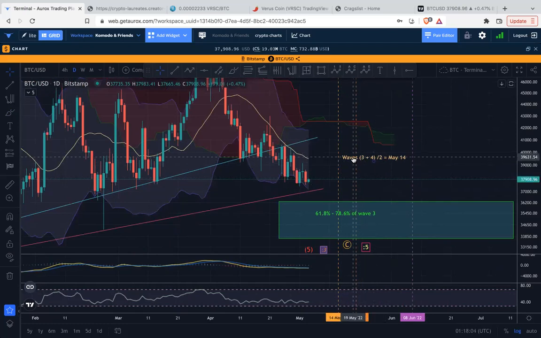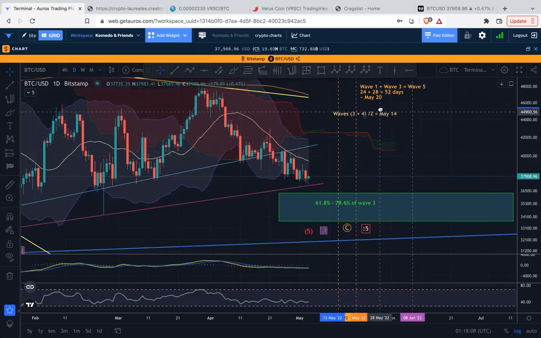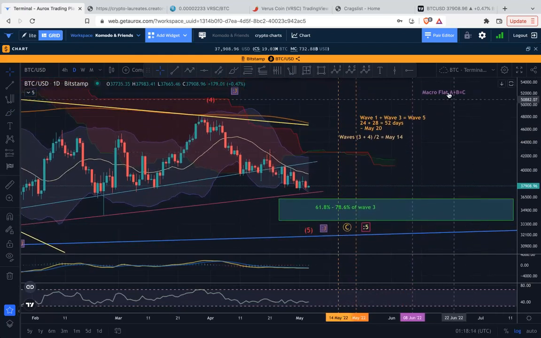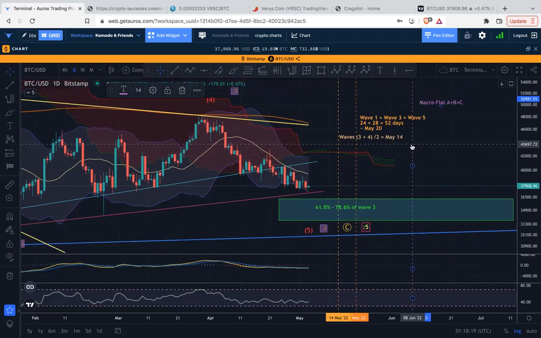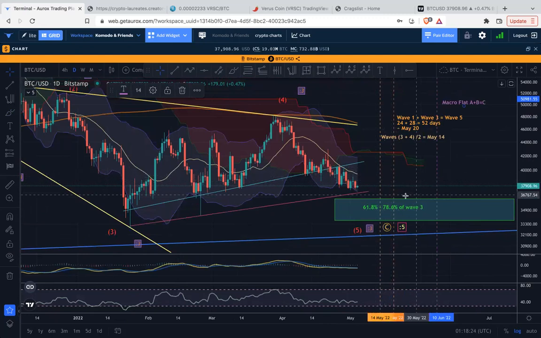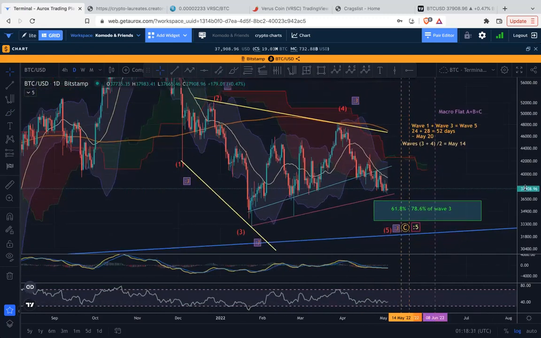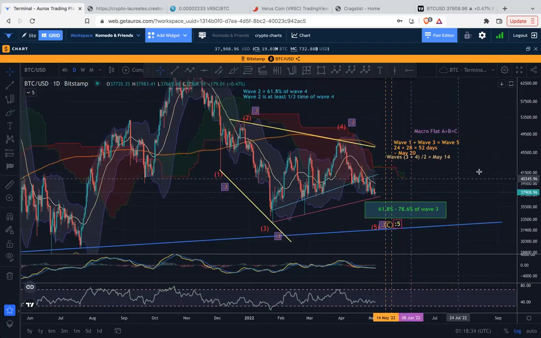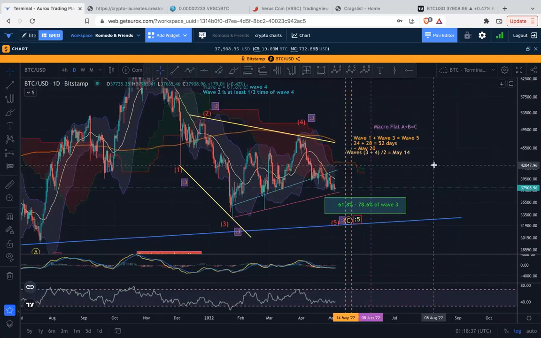These are just the early dates where we're comparing the waves 3 and 4 and the waves 1 and 3 to have ideas. And then this is where we are comparing the whole A and B equals C for the big macro. So that would be at the beginning of June. Who knows what could happen in between, and you have your final capitulations around this time here. We'll see. And it doesn't have to be exact with this timing. It's very challenging to time the market and as well figure out the price.